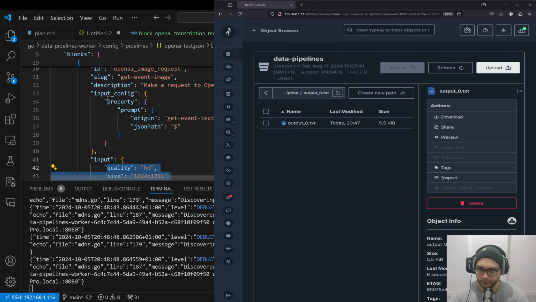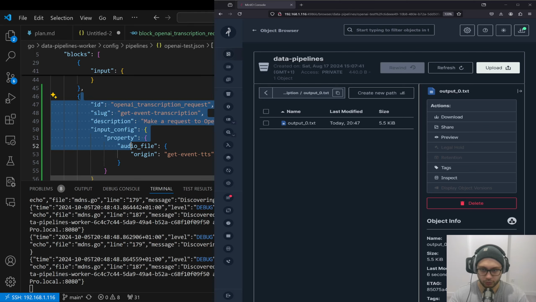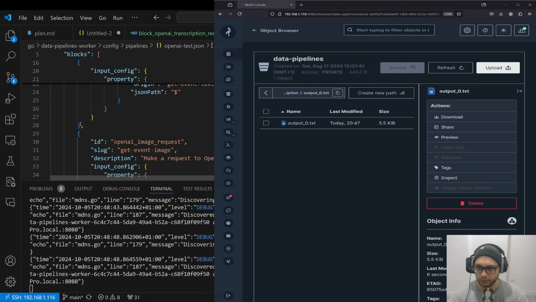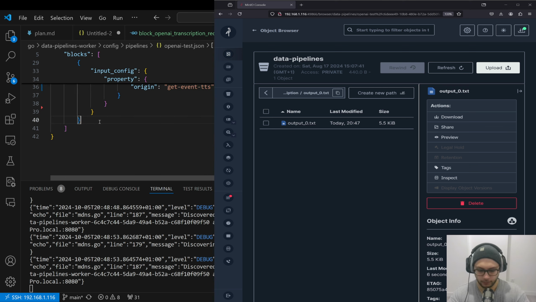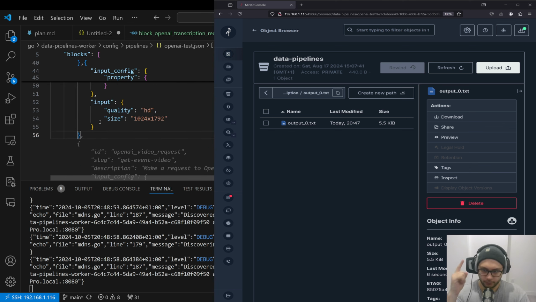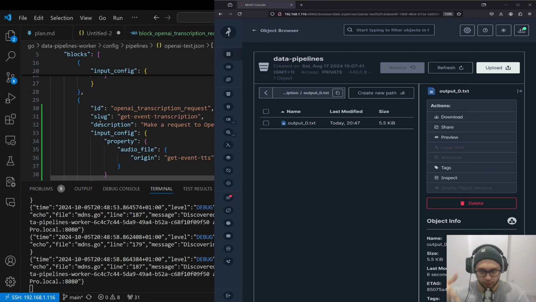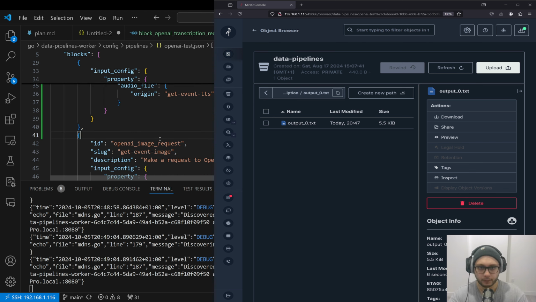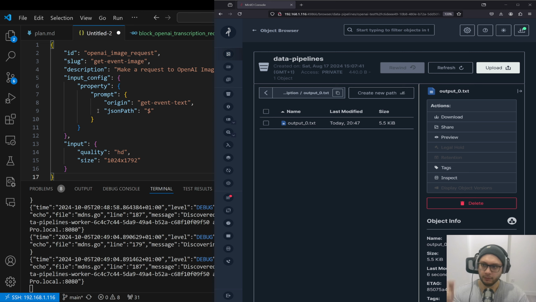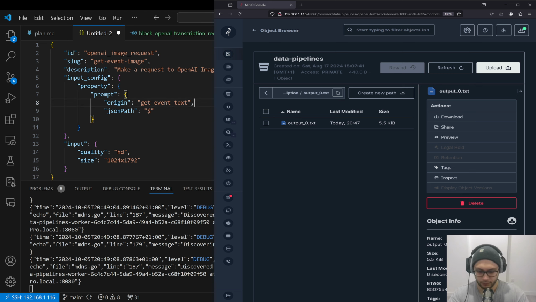Yeah, so there is image generation as well as transcription, but to be honest, let's do a bit different thing. First of all, it's transcription, then image generation. It's quite important for me because as you see here,